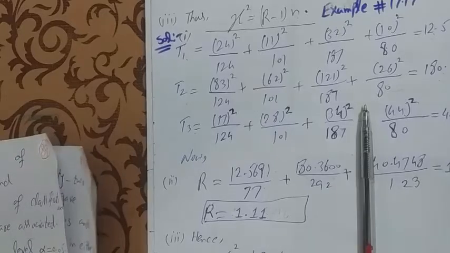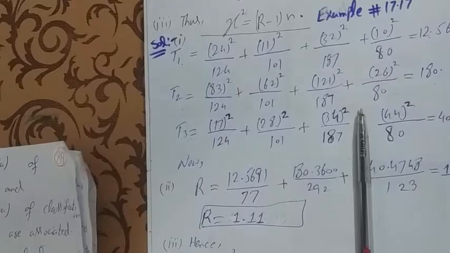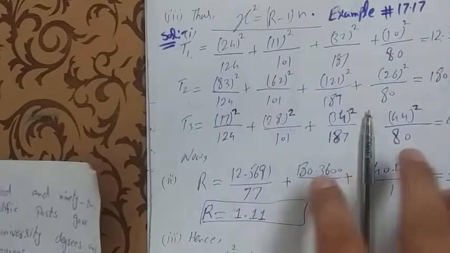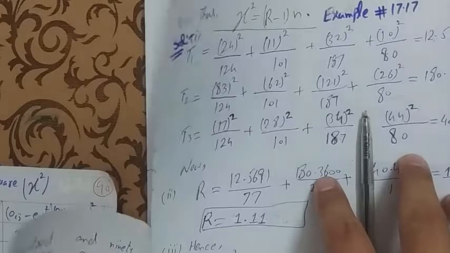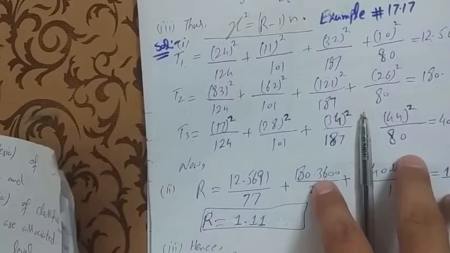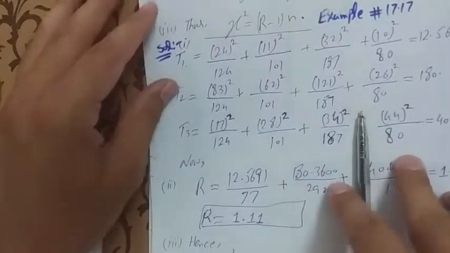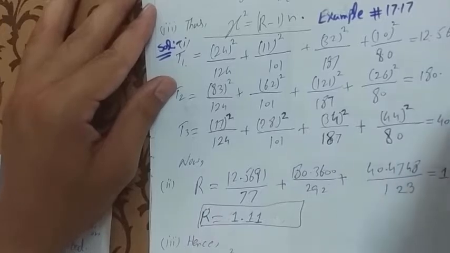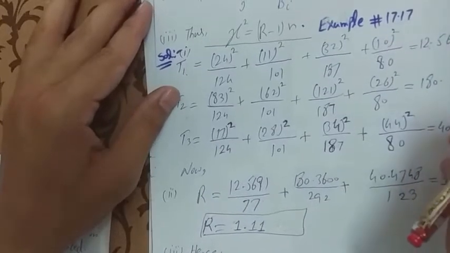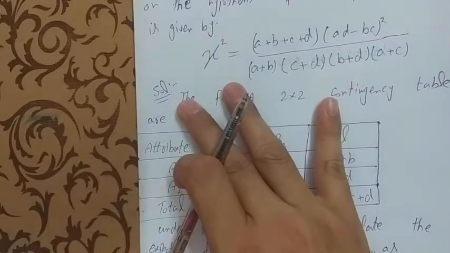we will go to the fourth point, that is the critical region, just like the previous, and in the fifth step find out the acceptance or rejection region, and in the sixth step you find out the conclusion, just like the previous problem. Hopefully you understand this alternative procedure of contingency table. Now the next important example